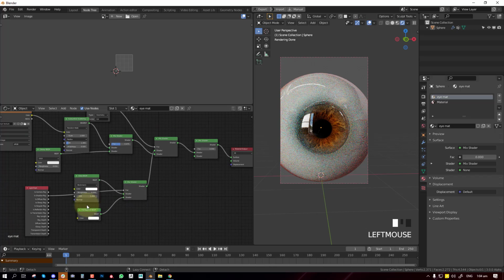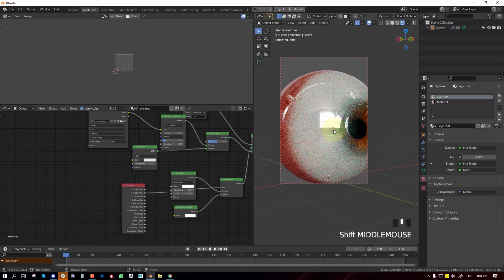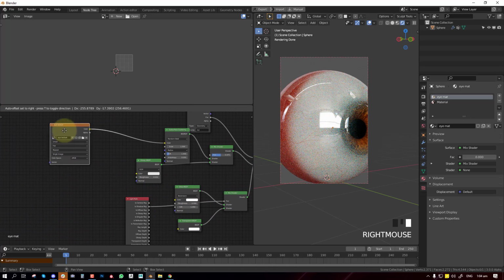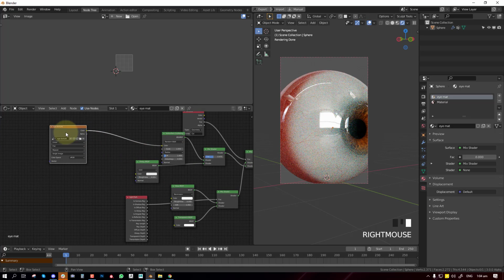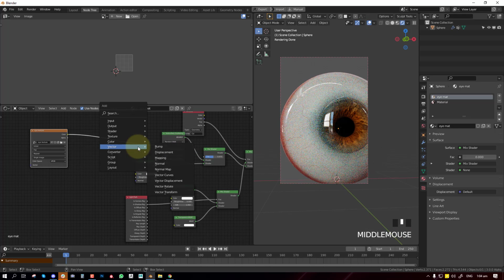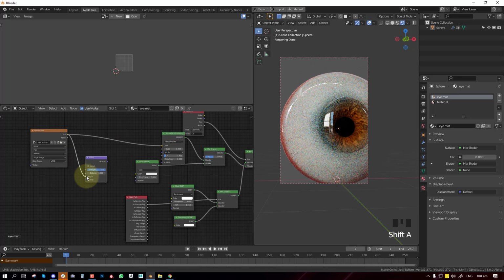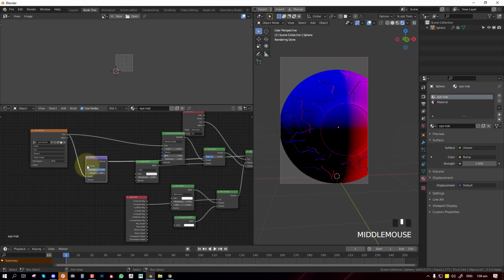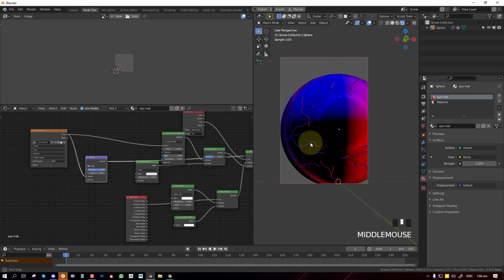And then we'll go back to the eye shader. We need to create some bump, so this is not so perfect. We can derive that information from the texture which we painted, since it has the eye veins. So we'll also get a bump node and plug it straight in. So let's see what we have. We invert that.